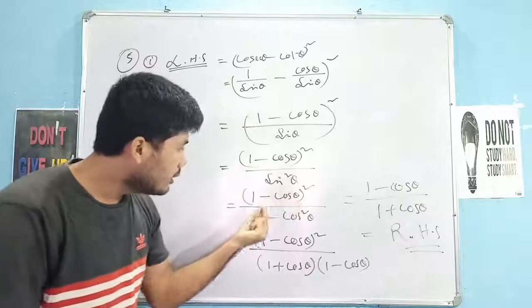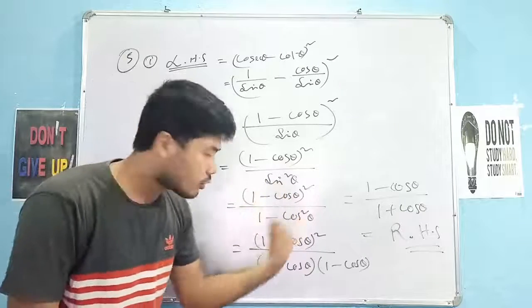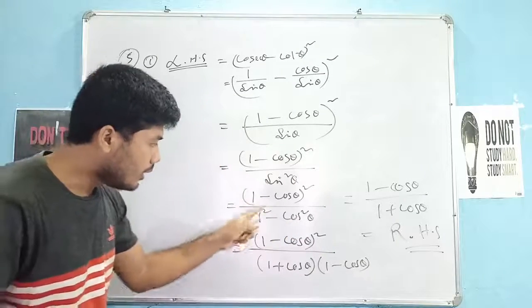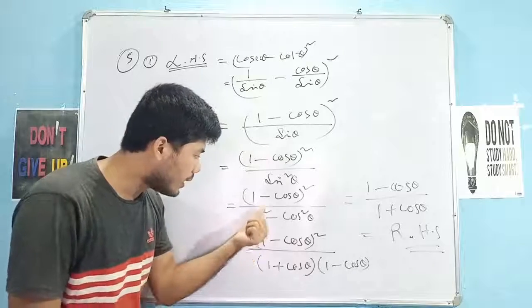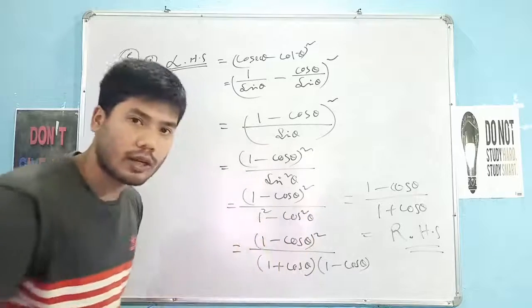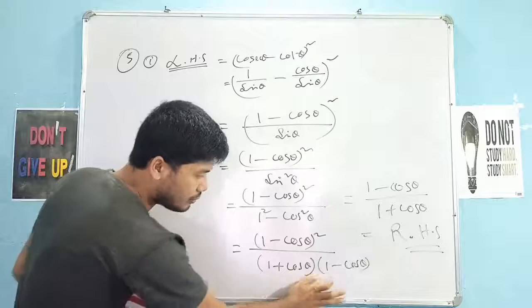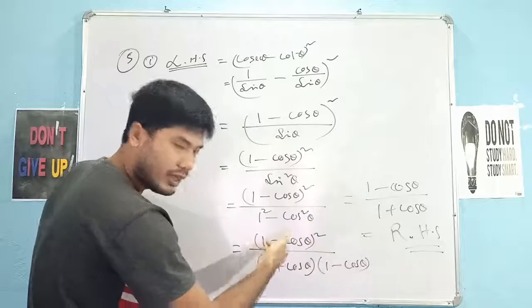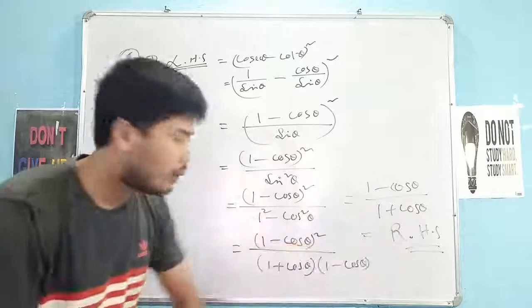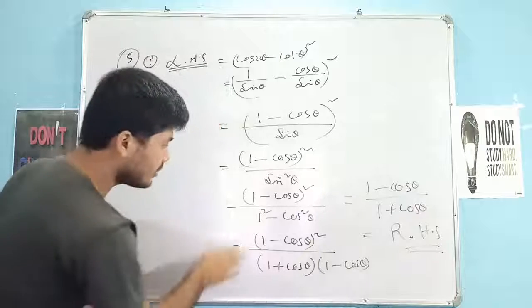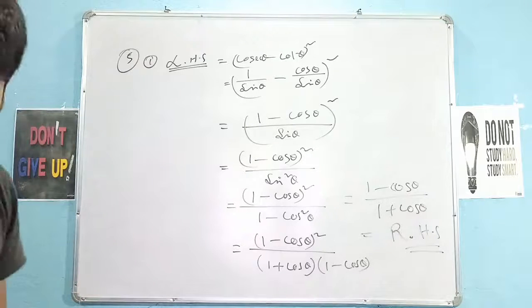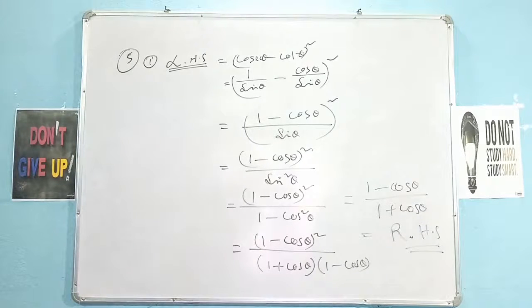Therefore, we put sin square theta equal to 1 minus cos square theta. Well, we imagine that we square this 1. If we square 1, is there any problem? No problem. So 1 square is 1. So 1 square minus cos square theta, that is a square minus b square. A square minus b square is (a plus b) into (a minus b). So the factor (1 minus cos theta) appears twice and one gets removed, so we get (1 minus cos theta) by (1 plus cos theta), and this is our right hand side of the equation, right? Yes. So we imagined it, we have squared it. Okay, got it? So this is our question number 1. Got it, guys? Awesome.